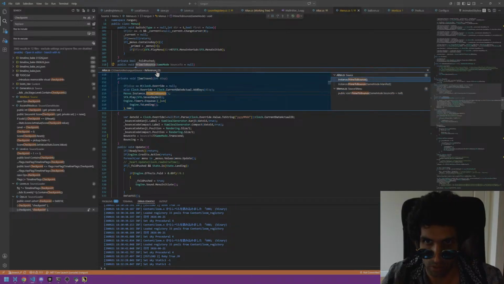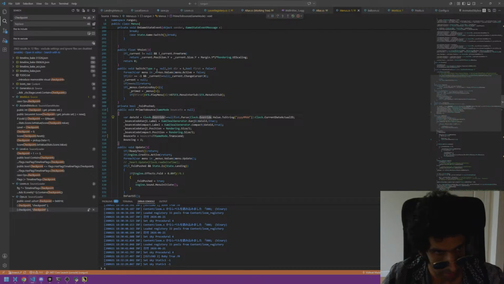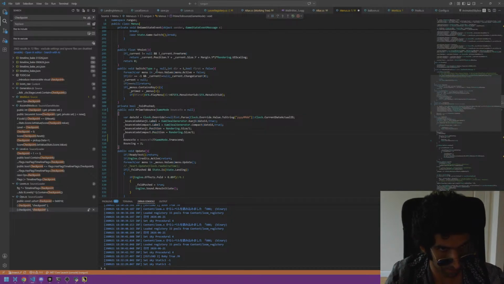Prime to bounce is being called after the manifest mode level is set. So if bounce to is equal to game mode dot manifest,